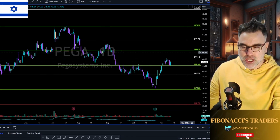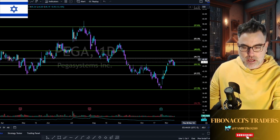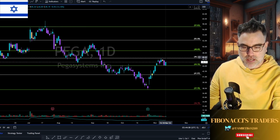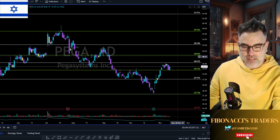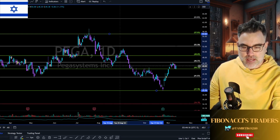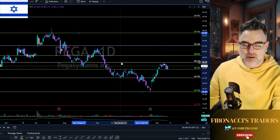Pega, P-E-G-E, Pega Systems Inc. 44 from resistance now becomes support. Long continuation above the 46.40 towards the 49, above 41. We will see 52 and then 57 to the upside. This is not random